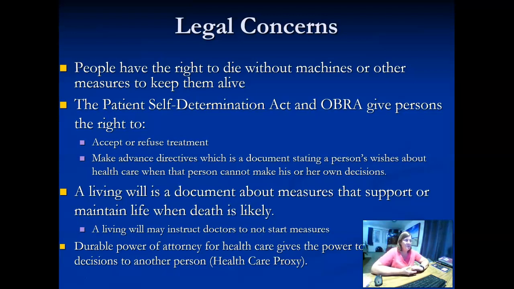A living will is a document about measures that support or maintain life when death is likely, and it can instruct doctors not to start certain measures. Now, in the nursing homes, one of the really nice things is that even if they have an advance directive where they've determined what they want done, the physicians are required by law to do POST orders with people in the nursing home. So POST orders are the physician's order for life-sustaining treatment. And so what that is